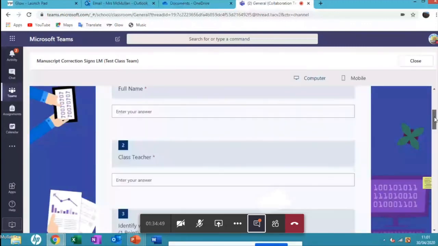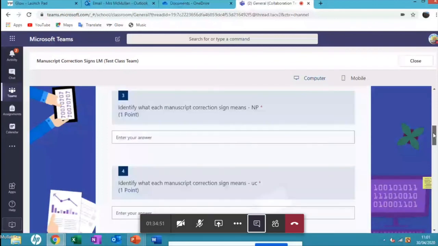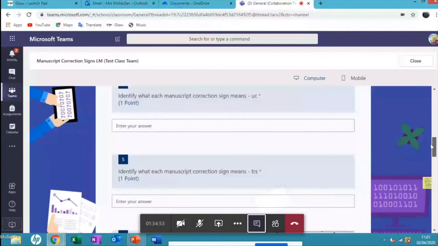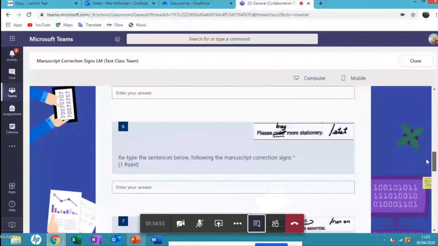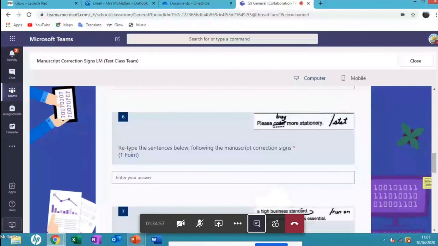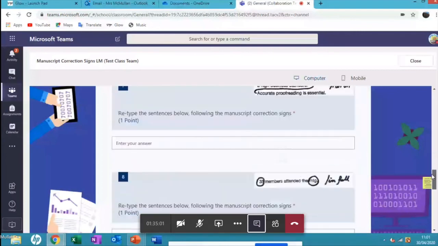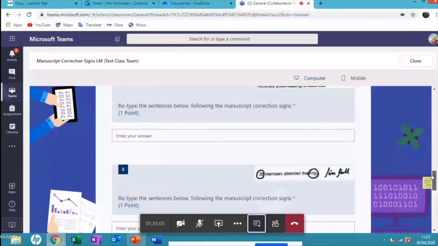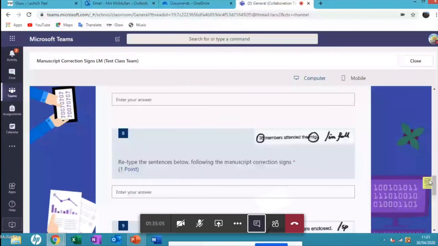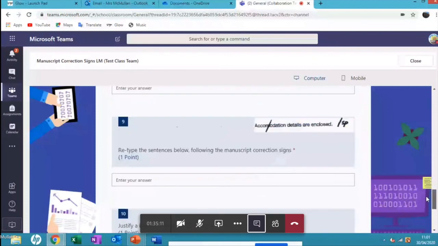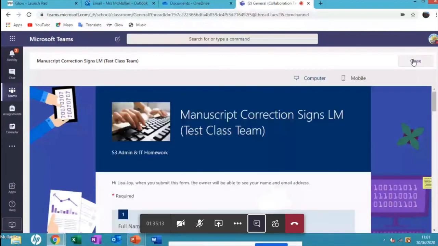They had to type in their responses. They had some picture images here that they had to then type in. So again, this is for admin and IT, but you could use it. I know our tech department use it. It could be in art that you have an image in here, and then you're looking for their kind of thought process behind that image. That's up to you. I'm going to close this and I'm going to let you see what it looks like,